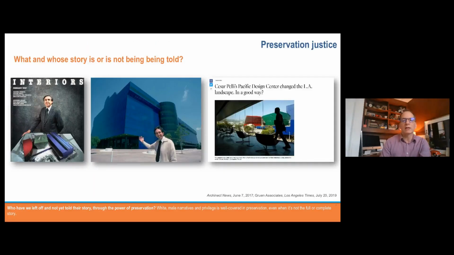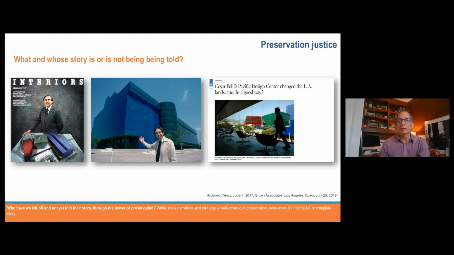But if you look at the narrative in popular material, articles, professional journals, this is the story that you see. It's designed by Cesar Pelli with Gruen. It was a very significant building of its time, and it's one of three that make up the complex of the Pacific Design Center.